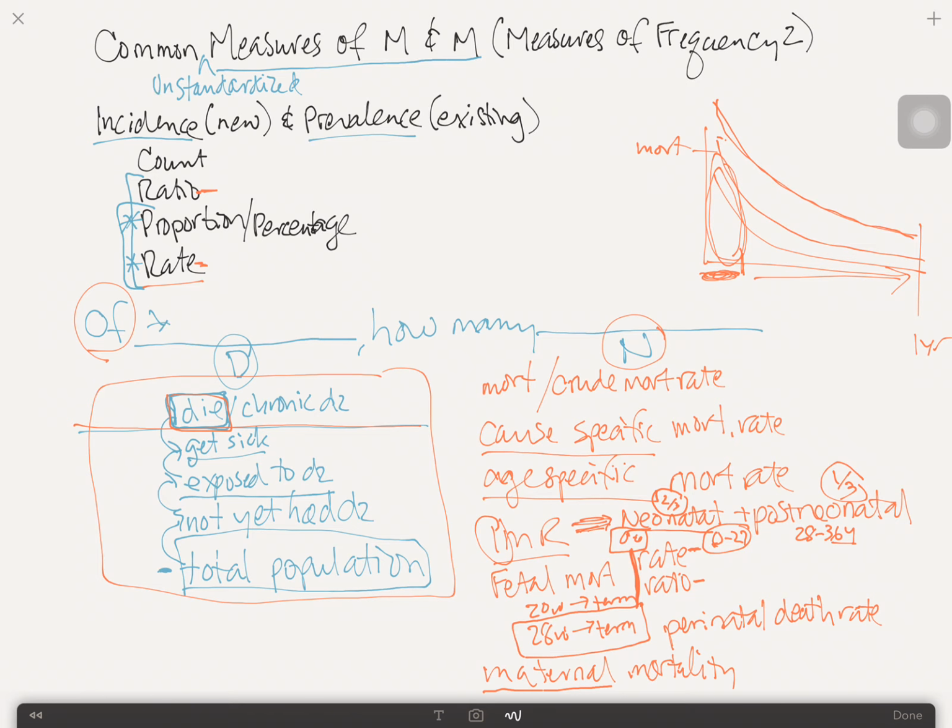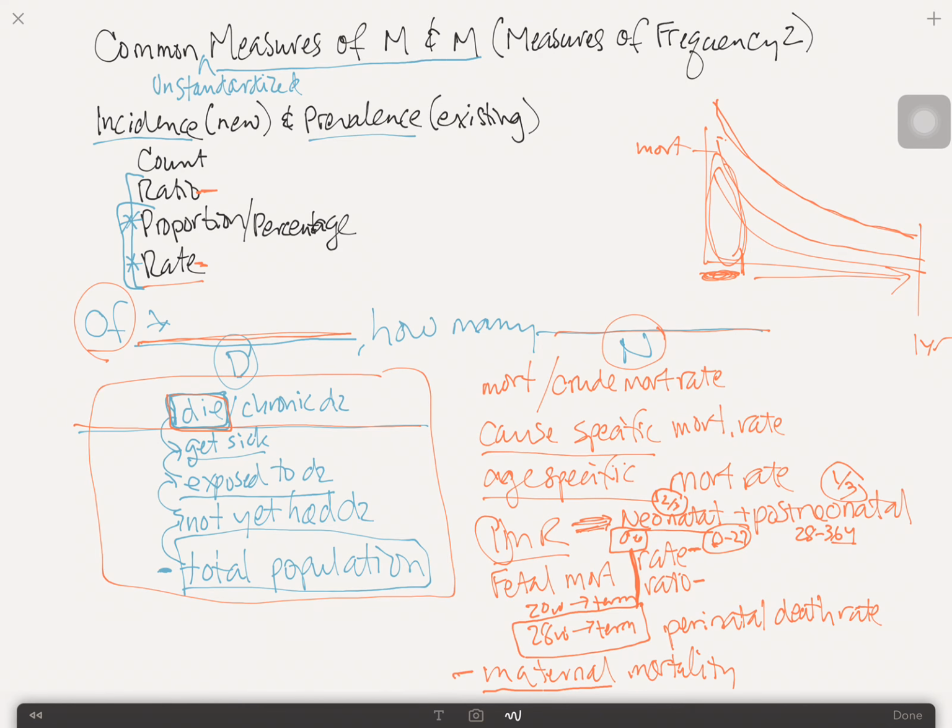So those are some of the common things that would be considered measures of morbidity and mortality. Think about it in terms of all the pregnant women, how many die? That's where we're looking here at maternal mortality. If you can think of who that risk group is, and then what percent have that particular outcome, then a lot of those will not be so much about memorizing, but a little bit more about really understanding